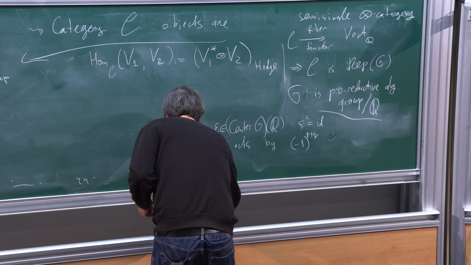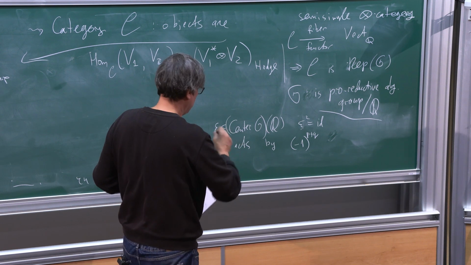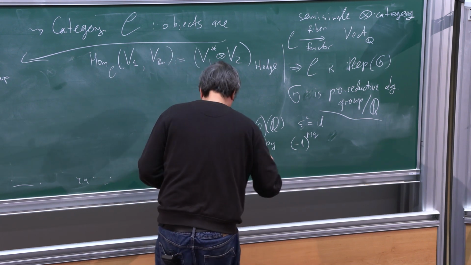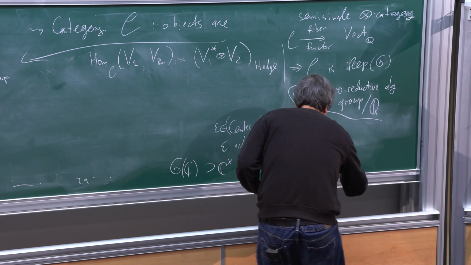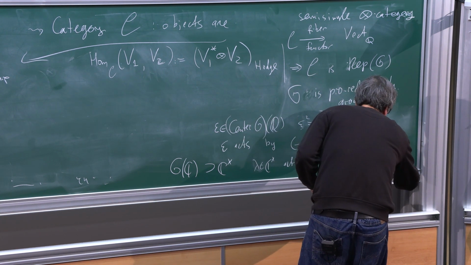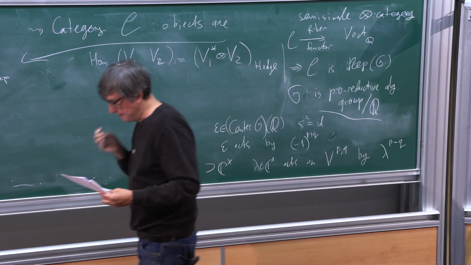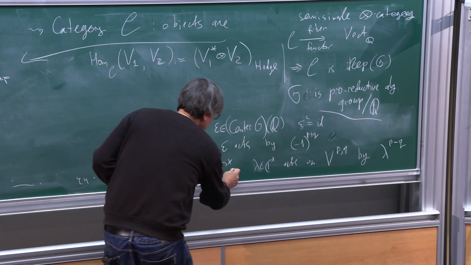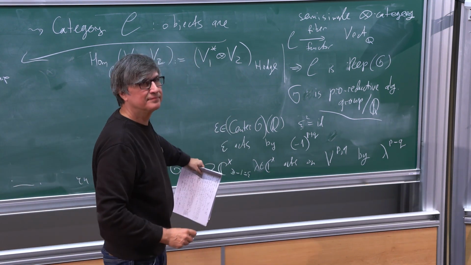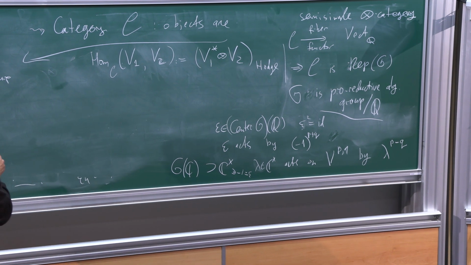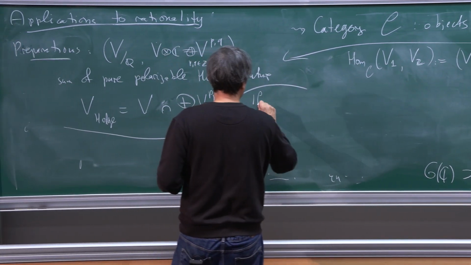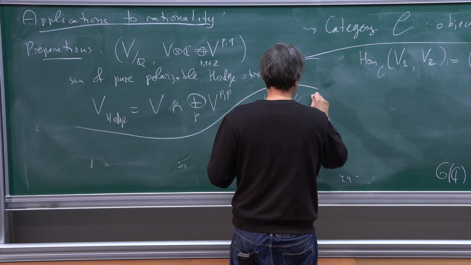Also, if you consider complex points of this group, it contains C star: namely, lambda in C star acts on V^{PQ} by lambda to the power P minus Q. And it contains -1, which is epsilon. It's a kind of formal object, and if we have any variety X, a smooth projective variety,